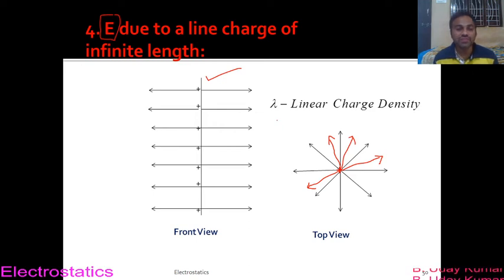You know the definition of linear charge density, right? Which is charge per unit length. So that means we can study this entire system, or we can write the equation of electric field intensity of this system, in terms of lambda. So how do we determine lambda? To determine lambda, the definition is known to us, which is charge per unit length, right?